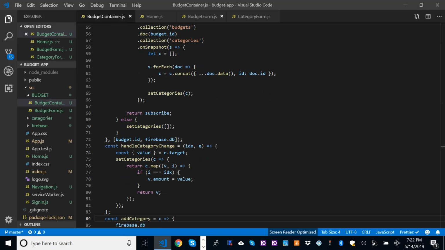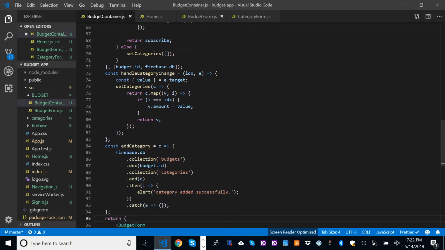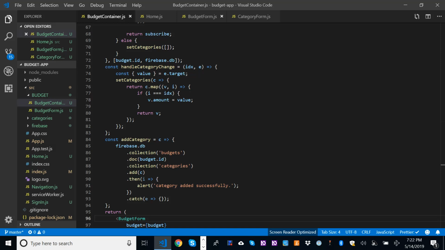const addCategory equals c =>. The add category is pretty self-explanatory. You can look at that later if you want. return <BudgetForm. Okay, yeah, the budget form is just the UI. There you see I'm passing the budget from the state down to the budget form. I'm passing the handleChange, which handles the income change. I'm passing the saveBudget. I'm passing the addCategory, and I'm passing the